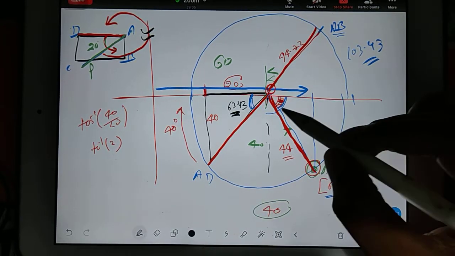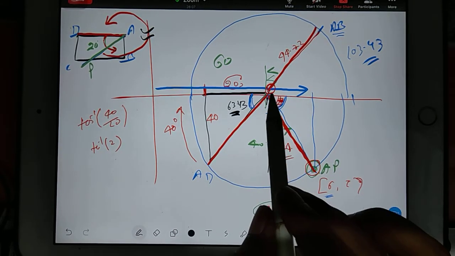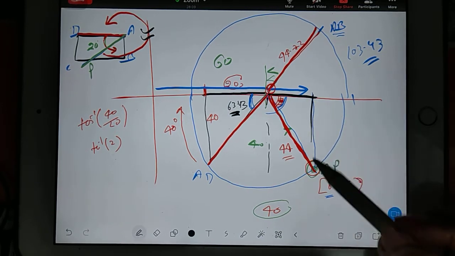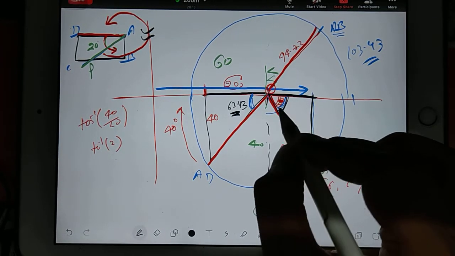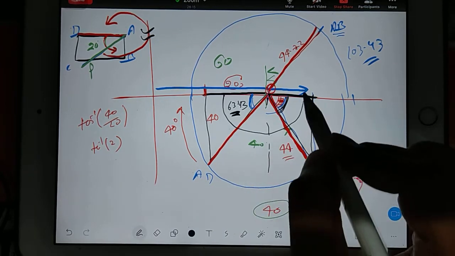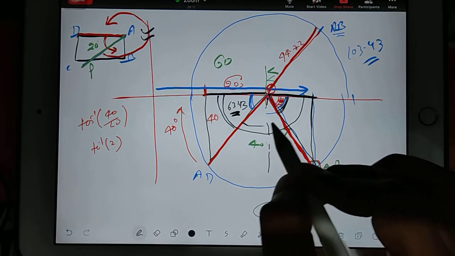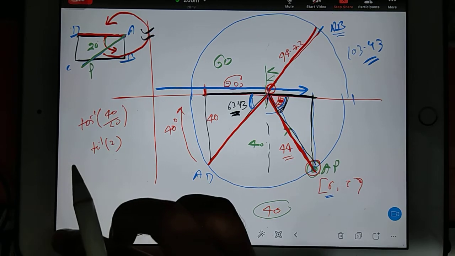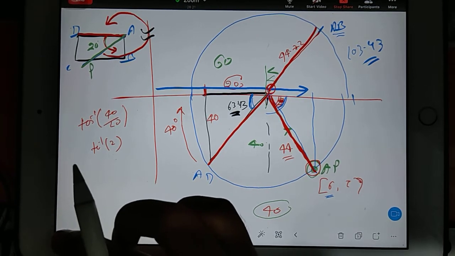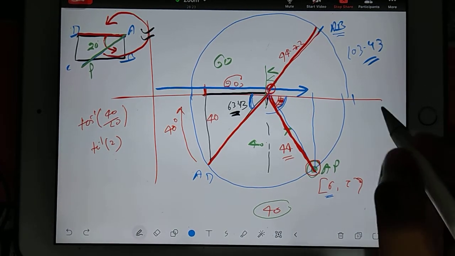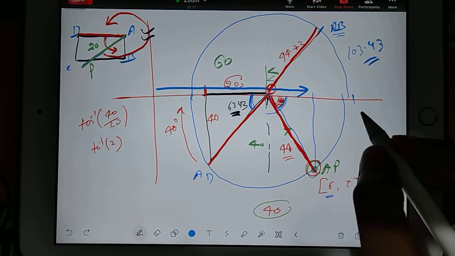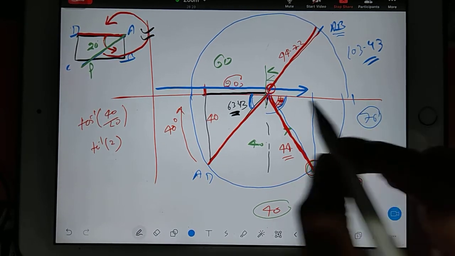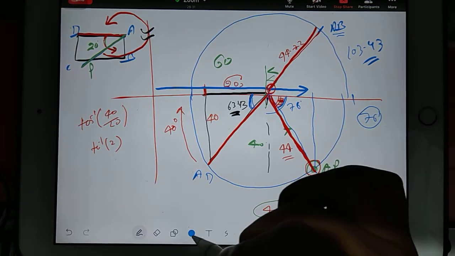Because I can find out this length only in this triangle, right? So in that triangle I want to find out this angle. So that's why this total angle is 180. This angle is known, this angle is known. So subtract from 180 and you will be getting that angle. Okay, done. How much you have told me? Approximately 76 degree. Okay, you got 76 degree.